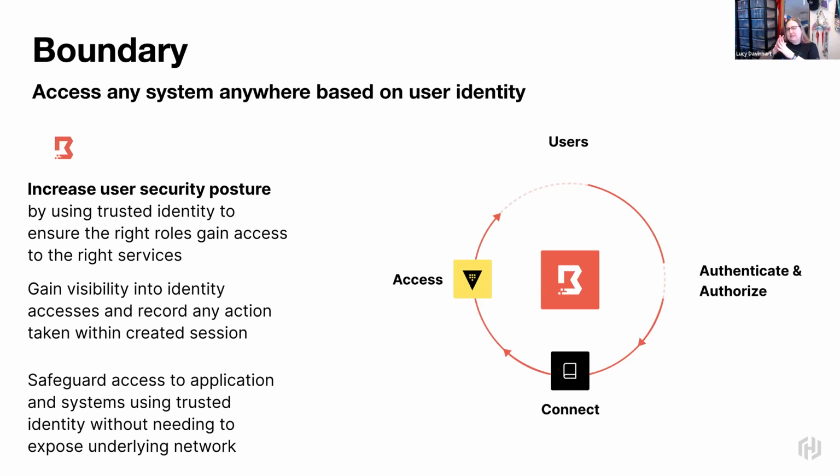And before I explain how that works within the context of Boundary, I first want to compare it to how VPNs work. So with a VPN, your end user is sitting outside of your core network. They want access to, as an example, a database. And so first, they're going to need to connect to the VPN, and they'll have one set of credentials that they can use to do that. And that will give them access to some of the outer layers of your network. And it's possible, depending on what they need to access, that this might be sufficient network access to give them access to what they need. Usually that's not the case though.